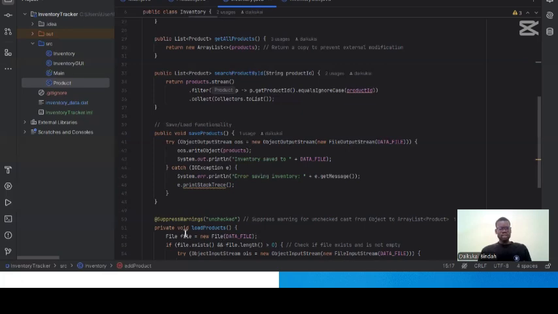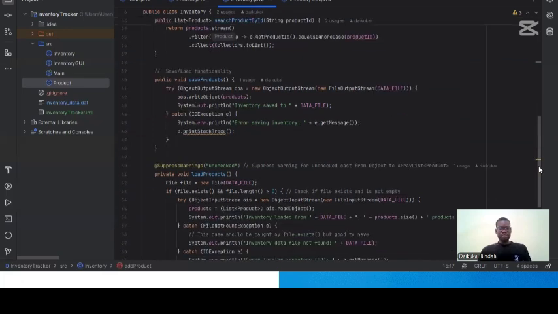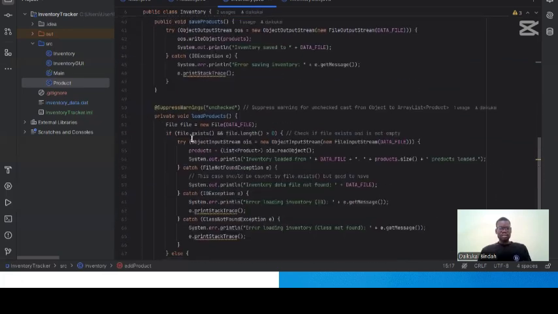So what we're going to do is that we have a file, and the instance of that file object is equal to new file, and then we have the data file here, and we have an expression that will check if the file exists. If it exists, and the length of that file is more than 0 to tell that I have something in it, then we should try